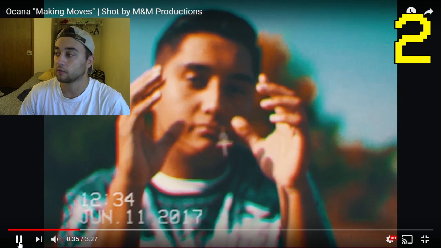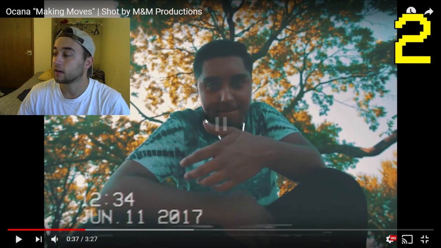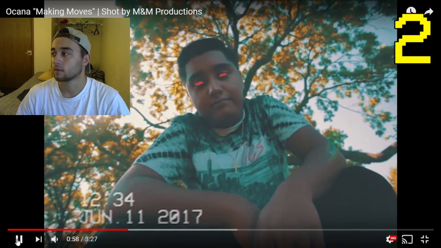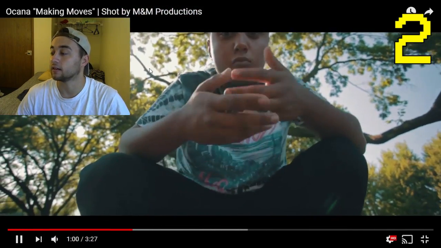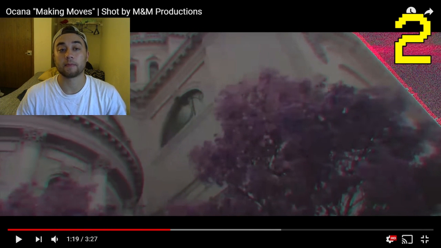I like this little shot right here we got. We got some nice grain too, making it look really accurate. We got some line effects on this. We got some more mask in the eyes right here, and I like this background. It looks really good. So here's an example of good sky replacement in my opinion.